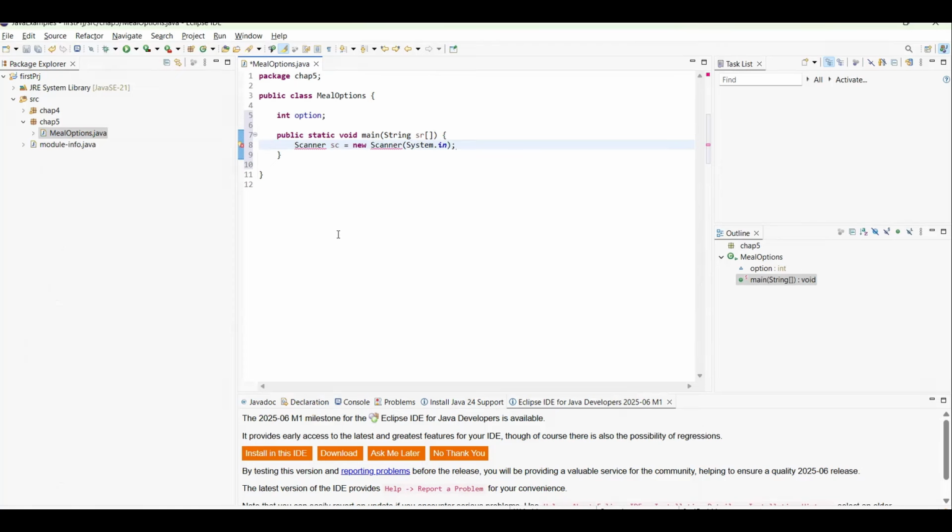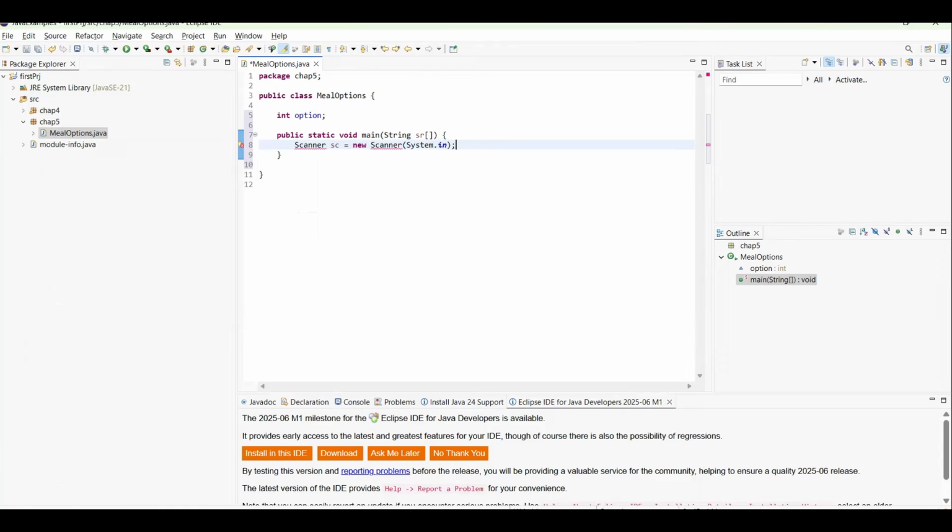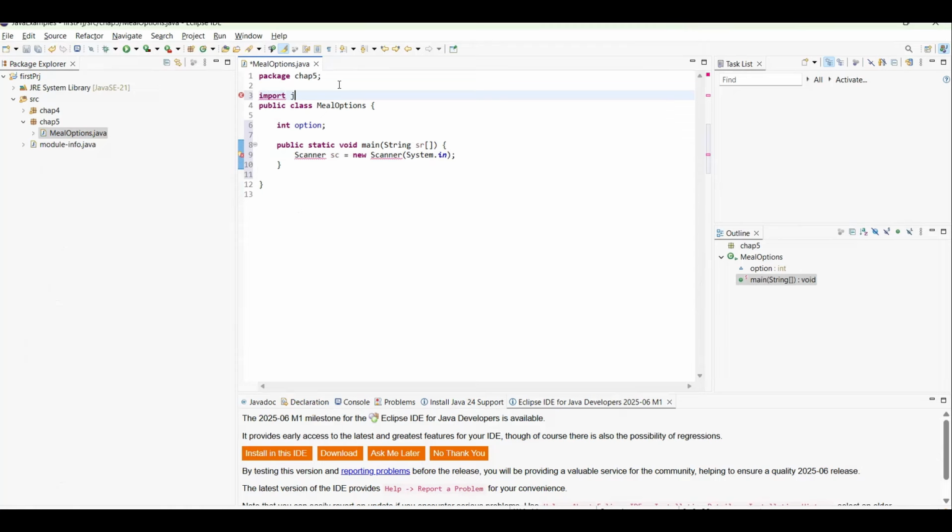Now, as you can see, I'm getting a compilation error here. I'll go to the compilation error. I'll just take my cursor to the place where the error is highlighted. And I see scanner cannot be resolved to a type. Now, this is because the scanner class exists in java.util package. So I need to import that package specifically so that the class inside that package is available to my current class. So let me quickly go to this place, add an import statement, java.util, and I will specifically add the